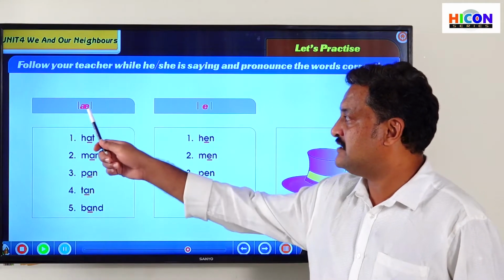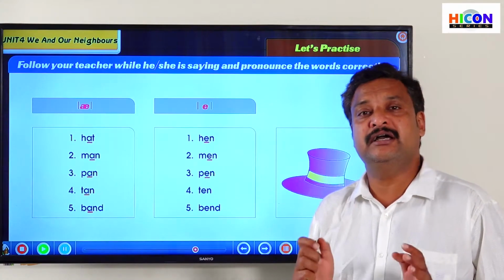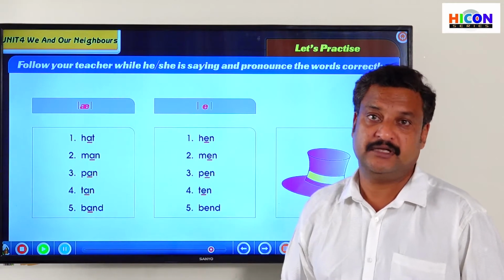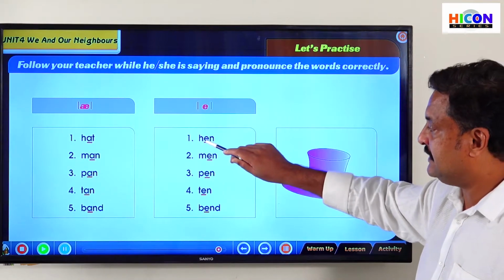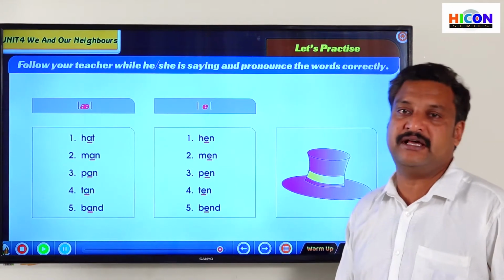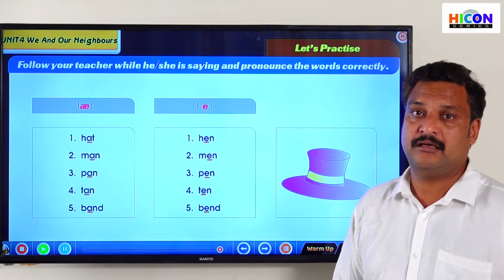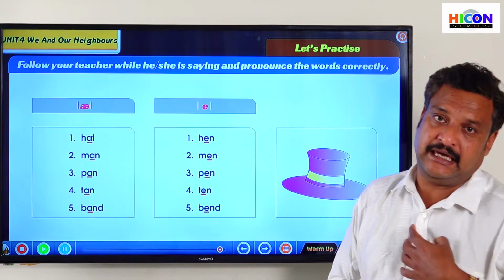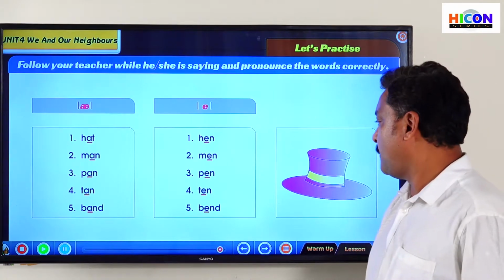This is the symbol for the sound a. And here the letter is E, and the letter E has to be pronounced as the short e sound. Fine. Now,